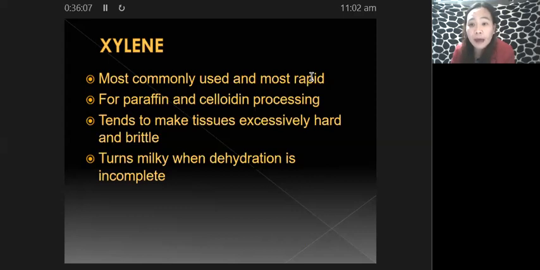And apart from that, another advantage of xylene is that it can be utilized both for paraffin and celloidin processing. In addition to that, xylene works best with absolute alcohol as the last dehydrant. So I repeat, it works best with absolute alcohol as the last dehydrant. So the problem with this is that